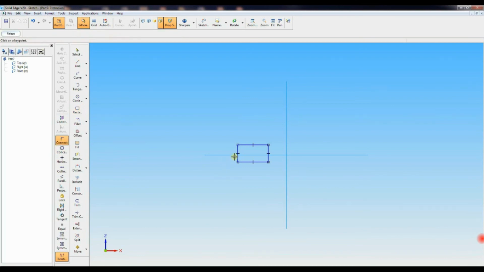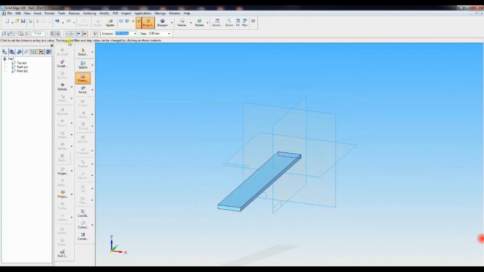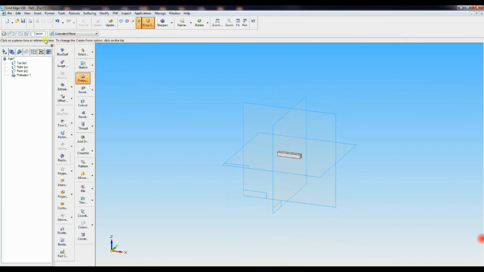Then connect the horizontal and vertical lines, and connect the center horizontal and vertical lines like this. Then go to smart dimensioning: that should be 28 and that should be 4.5. Now return, go symmetric, give 4.5 for the distance, finish.